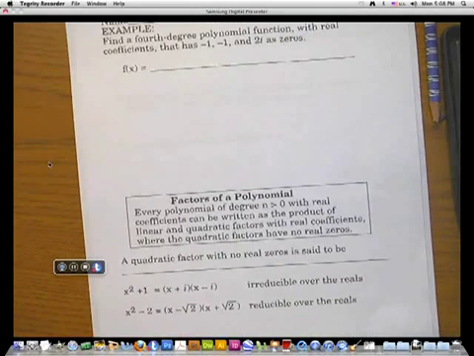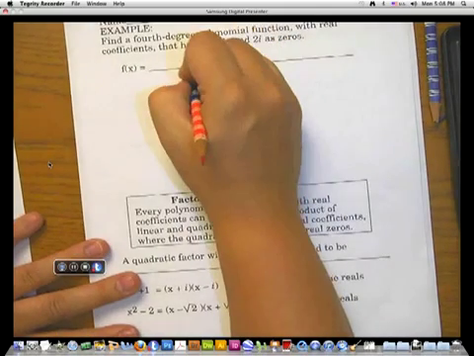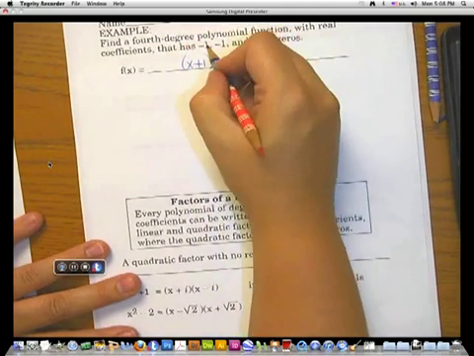Alright, we're going to continue doing what we've been working on. This time we're going to work backwards. I'm giving you what the zeros are, and therefore you're going to come up with the equation, the polynomial that was there. So keep in mind, in order to get a 0, it had to come from a factor, so x plus 1,